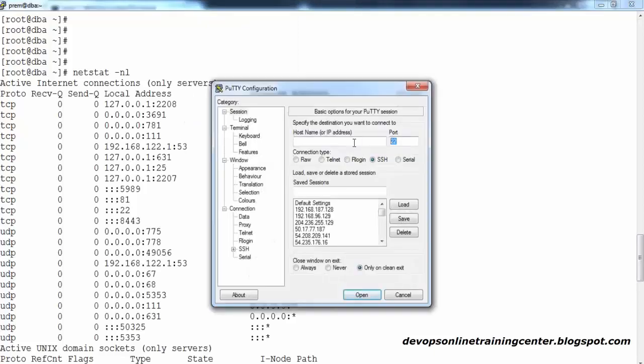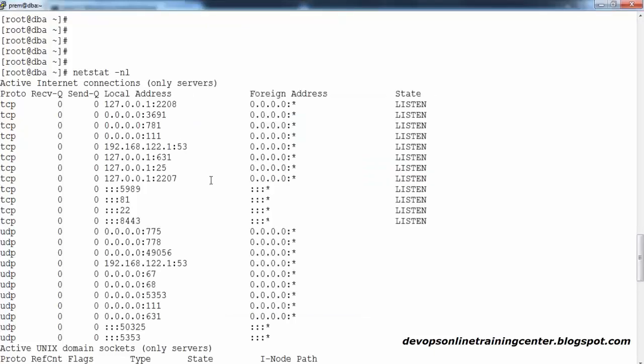On which port is it running? 22. Okay, so look at this, 22 will be open somewhere. Can you see 22 here? As the port is open, only then are you able to access this terminal. Otherwise, you cannot. Different processes will open different ports, but make sure a single process opens only one port, and if that port is already in use, no other process can open the same port.